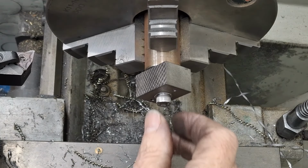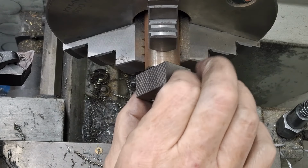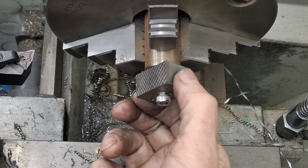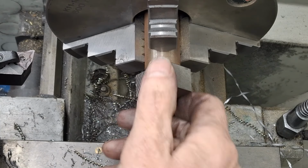Right, guys, there we are. All bolted on, nice and tight. Now, of course, these blocks are 31 and a bit long. So first of all, we're going to get them down to a maximum diameter, which is kind of from here to here. Can you see that? Let me just